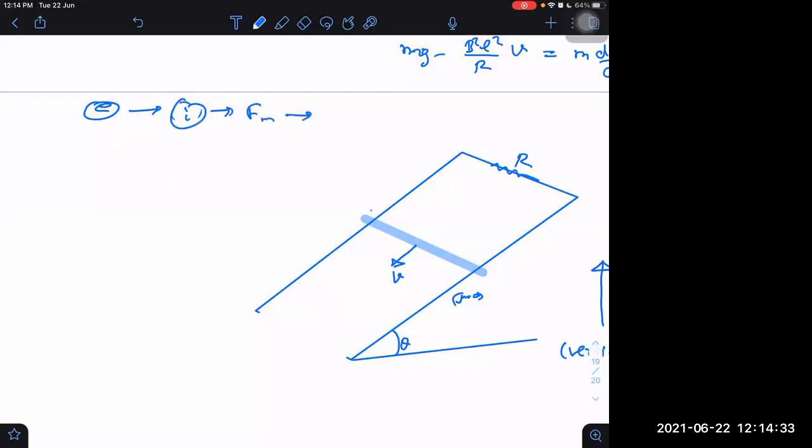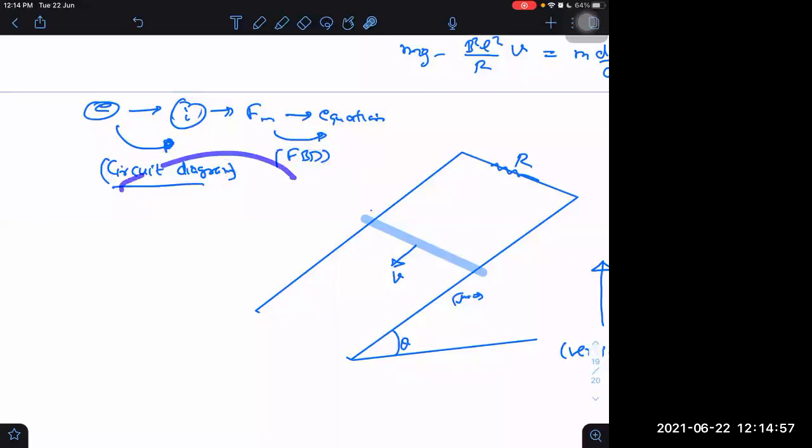And after writing magnetic force, equation of motion, weight component. From here to here, we have to write which diagram? Circuit diagram. And after that, while I'm writing equations, from here to here, I have to write FBD, free body diagram. See, two diagrams are there here. One comes from mechanics and one comes from electrical circuits. So it really interlinks the mechanical forces and the electrical circuit. Both concepts are in the same place only. But things are simple, not much difficult, right?